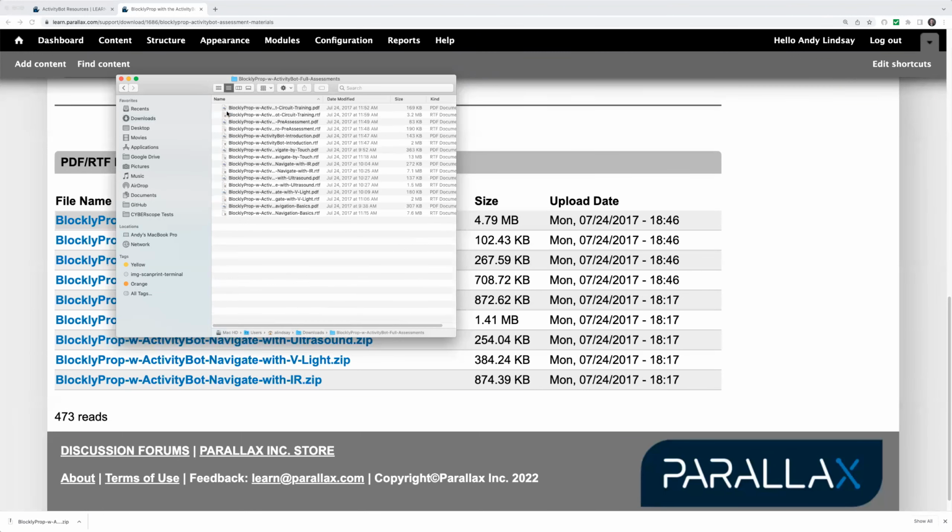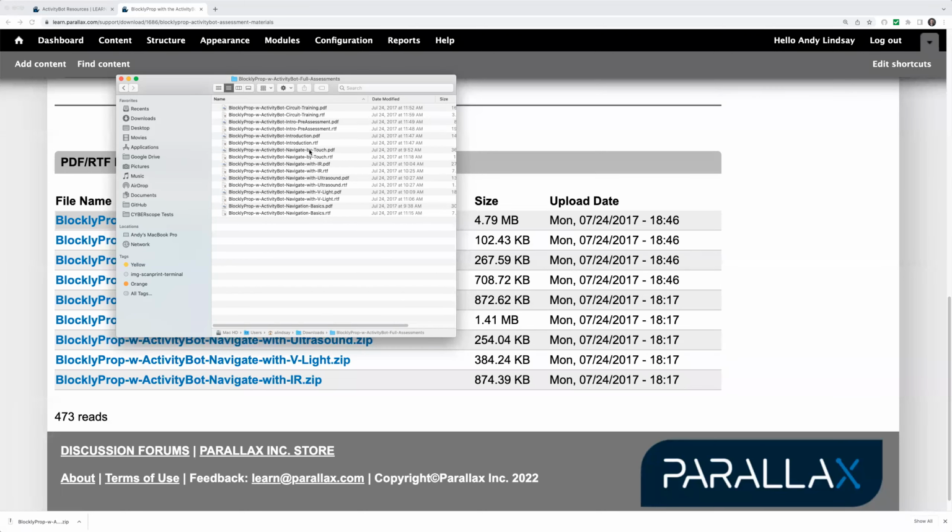After it's extracted, looking inside the folder, we have both PDF and RTF, which is a Microsoft Word compatible format, for all of the assessment materials, and it's broken